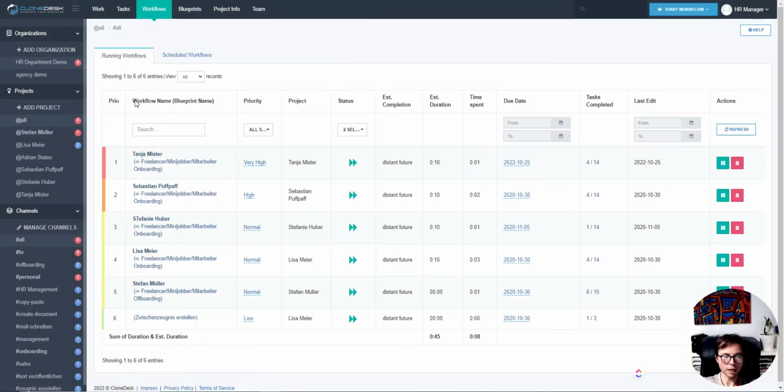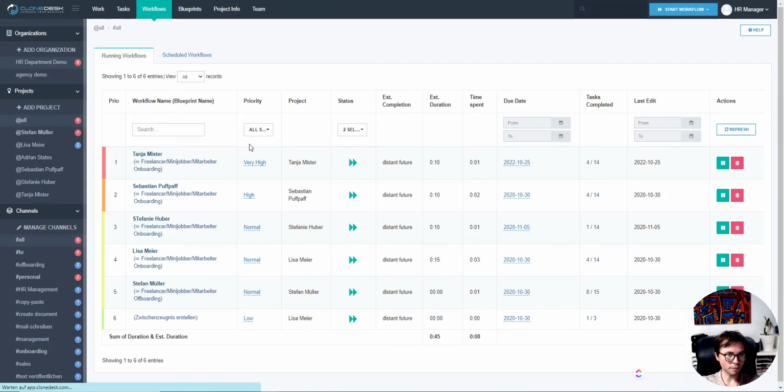So, and then of course you could have, like, we for example had keyword research. We have a keyword research training, which we start as a follow-up blueprint to this one, or even before this one. So the person has to watch a few videos, make a little test, and if the test is all correct, even if it's just multiple choice, then we say, okay, now go to agency demo. So a different freelancer, of course. So in this case, for example, Lisa Meyer, go to